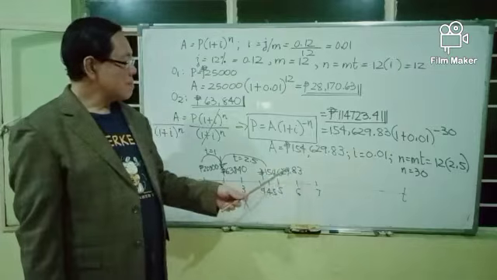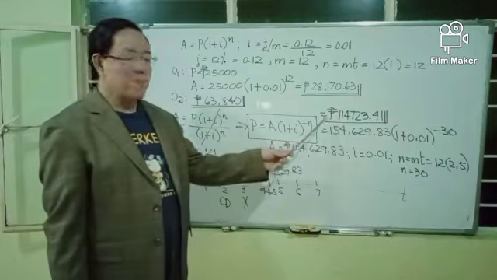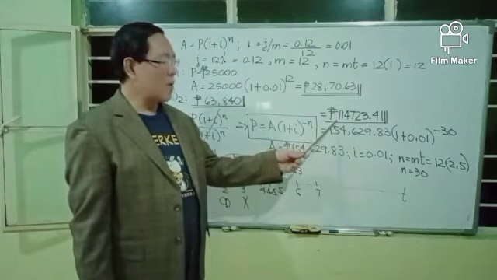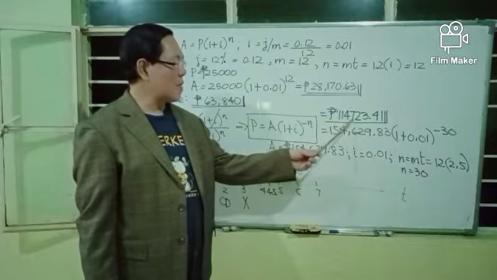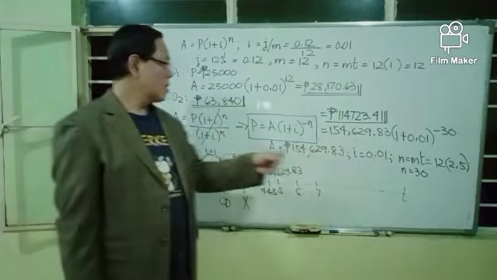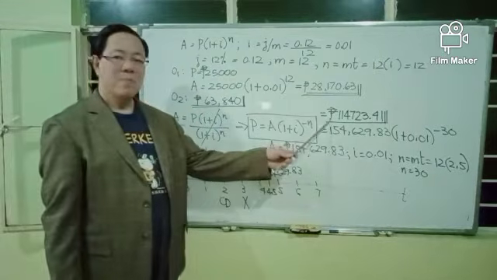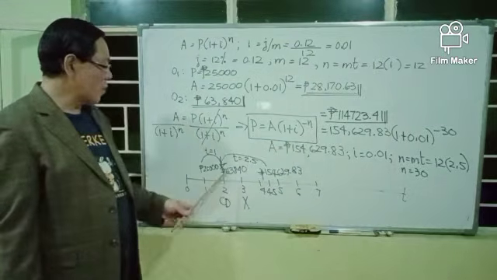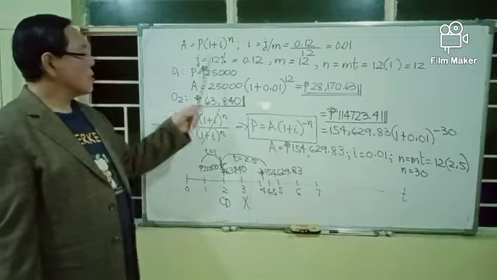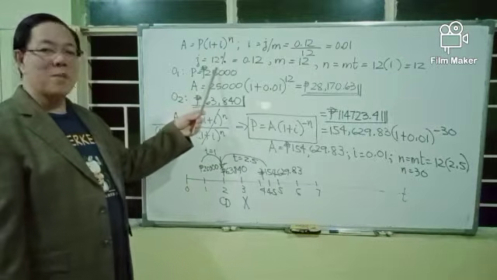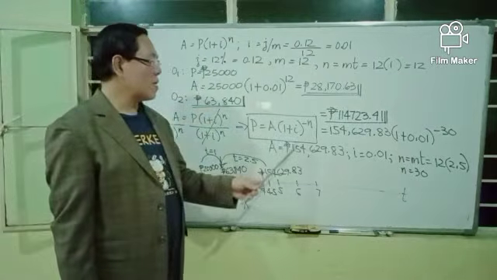And if you want to check, you accumulate 114,723.41 using this formula. Accumulate this amount for 2.5 years using this formula, 12% compounded monthly, and you should get